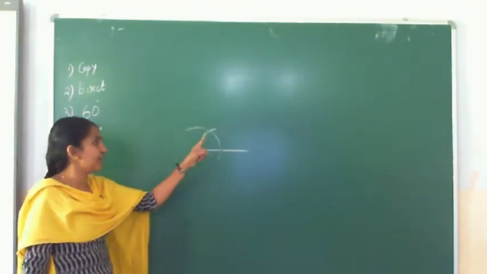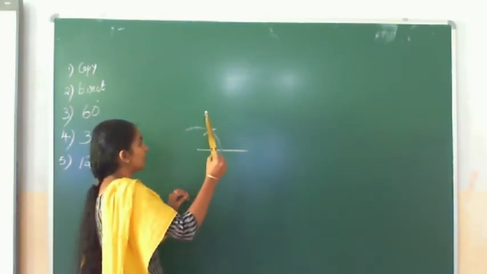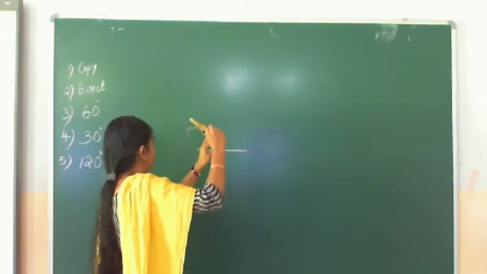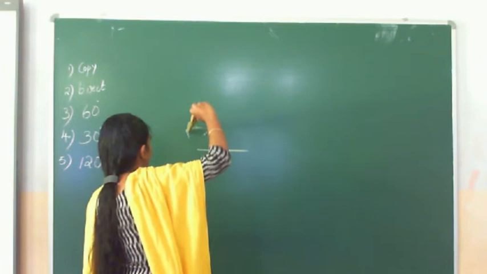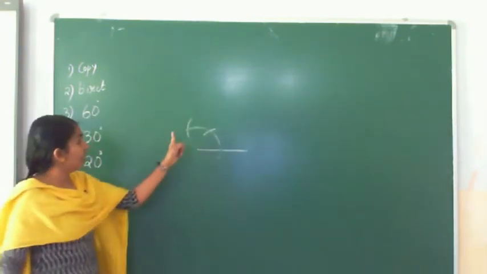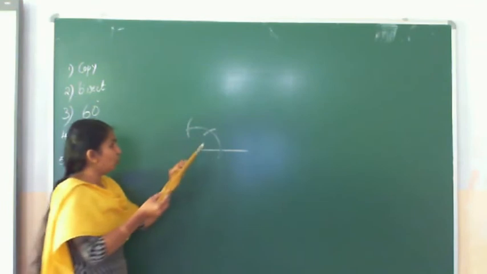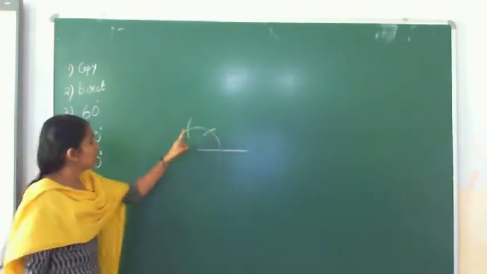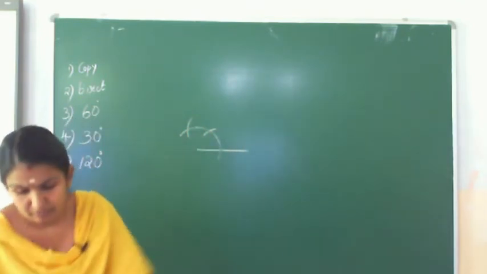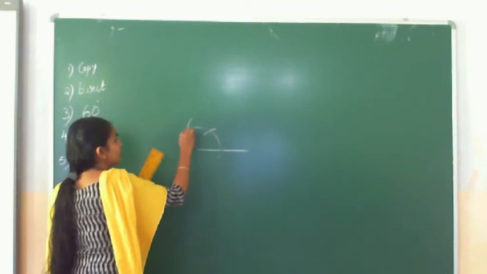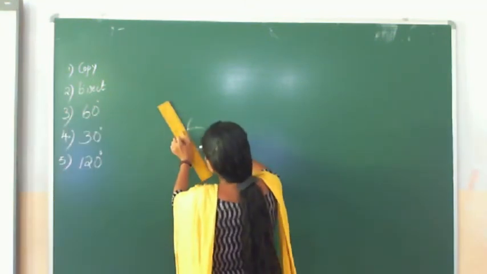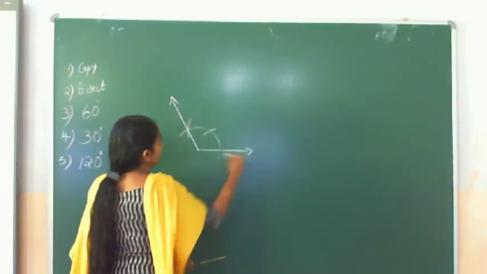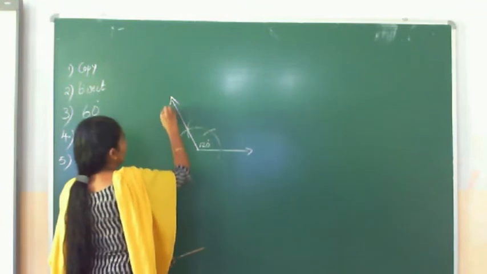So we got 60 degree. So once again we have to cut this arc. So here, this point. If this arc is small, what you should do, just keep again in this place so that it meets in this point. Now join this point with our scale and pencil. This is the required 120 degree.